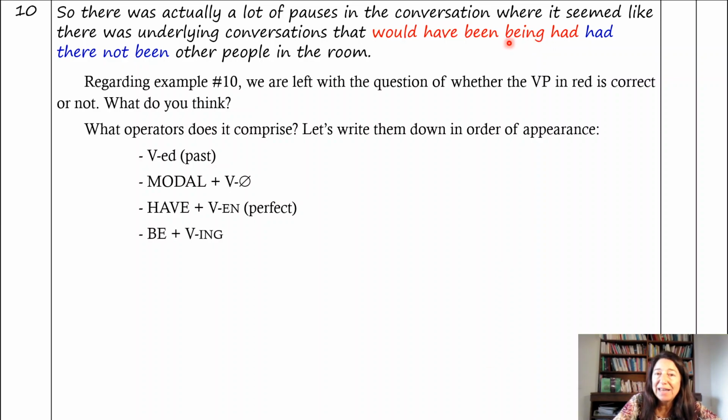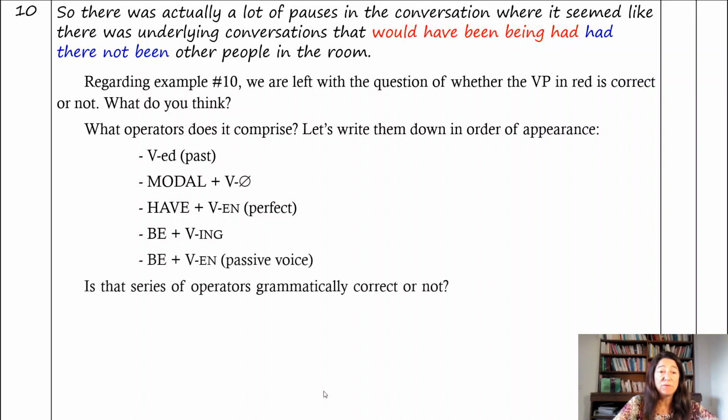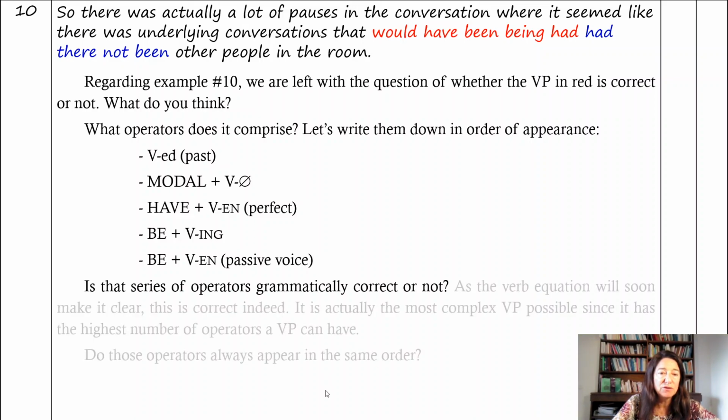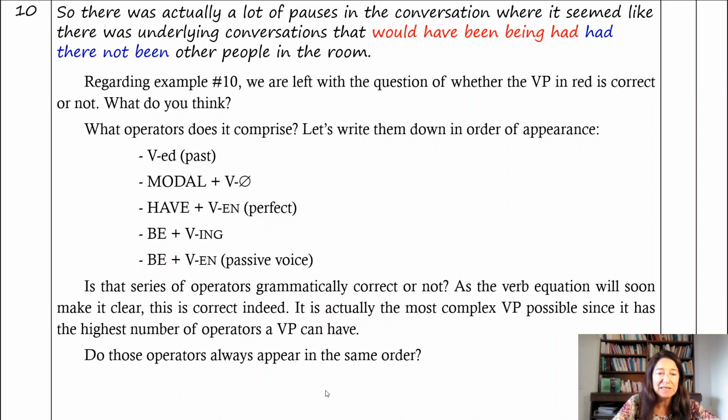And now that VING is actually on be, which is followed by VEN, a past participle. So we have here the operator be plus VEN. Remember, that's the symbol for the passive voice. And so we have a series of operators here that is really long, which is why it might sound weird to your ears. It's not very common. And the question is that series of operators grammatically correct or not? And we will soon find that the answer is obvious, because